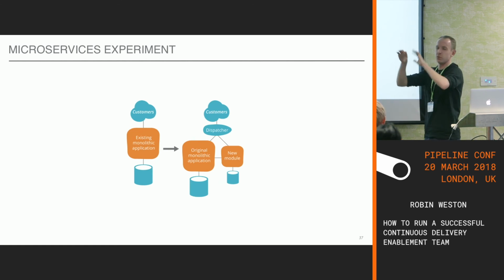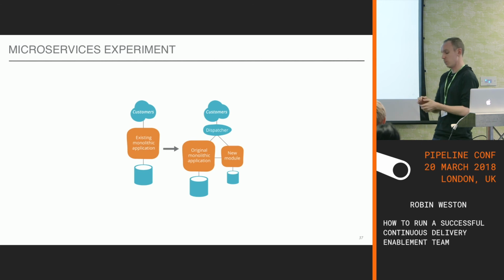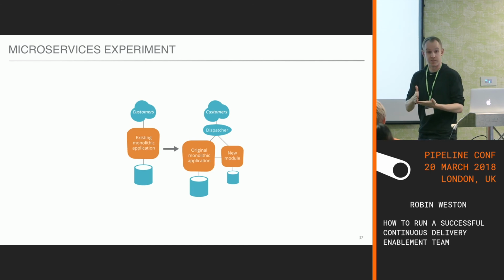I talked at the beginning about the big monolith, right? We could have gone in as consultants and said microservices, microservices, microservices. And they would have probably said, oh, that's a buzzword. No thanks. And they probably would have been right to do so. But having worked in this for a while, we gathered all this data, and we could show how long things were taking. We could go to the architects and the CTO and say, we have a hypothesis,